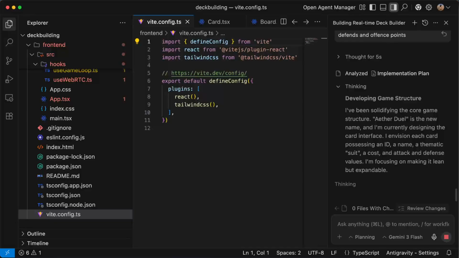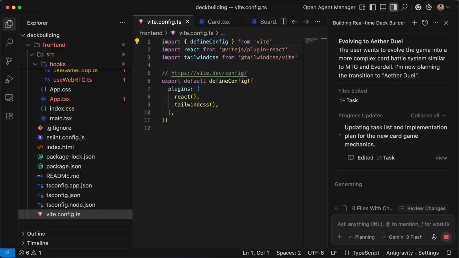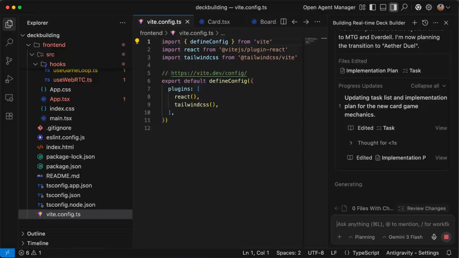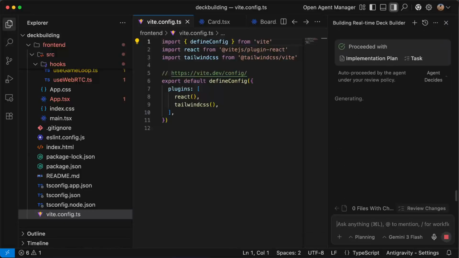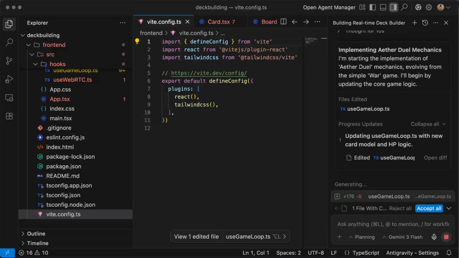And so I guess he now is looking into how he could change the Ether tool into more of a better game. So updating task list and implement plan for the new card game mechanics. So he's now, I guess, updating that. And then you see what is changing.